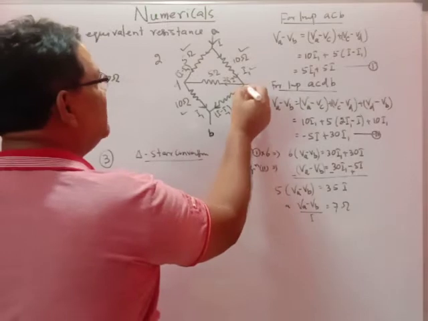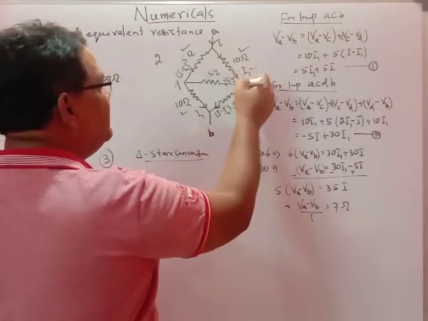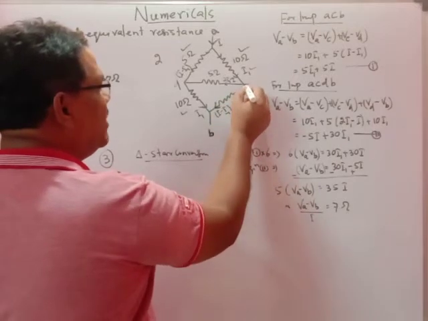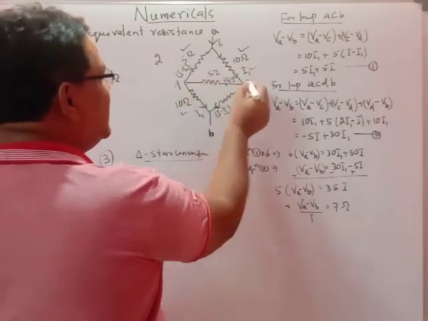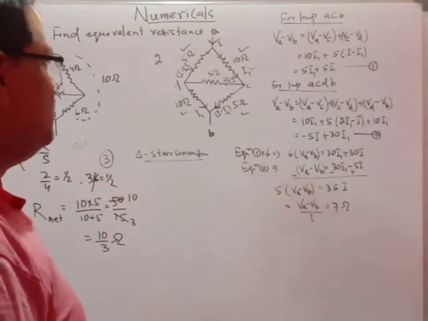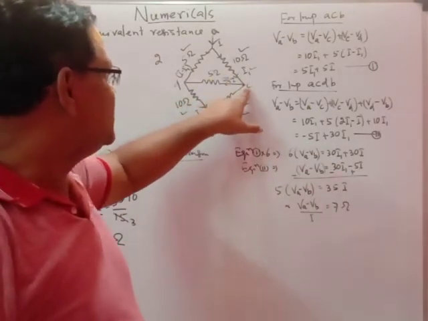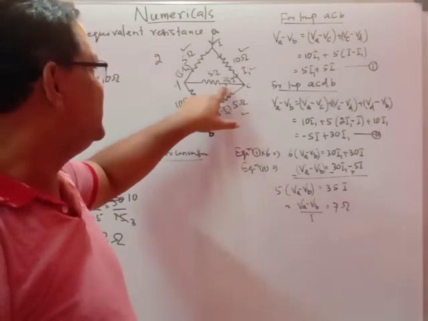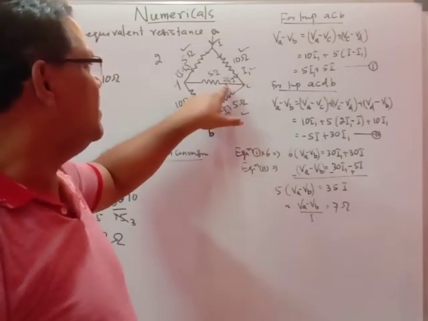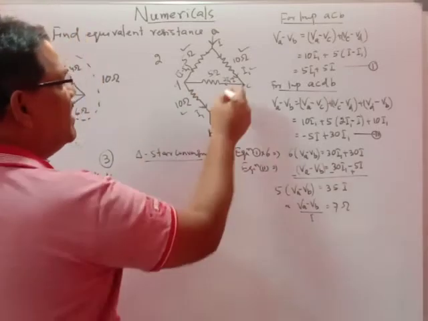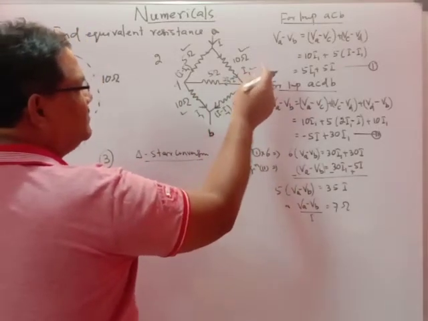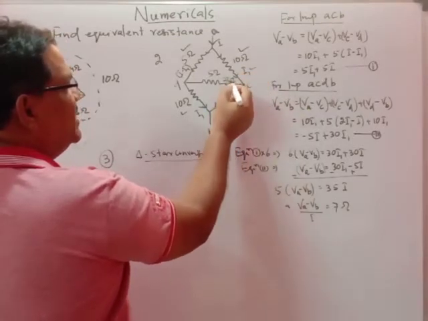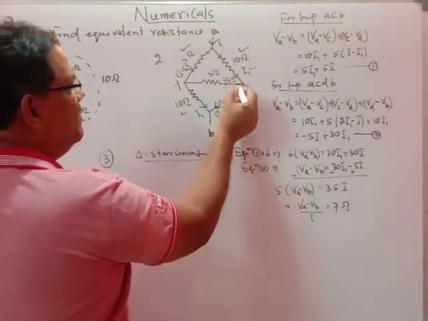And what will be the current along this way? Because I1 is coming and I minus I1 is going away in this way. So according to the KCL at this point, what will be the current passing through the 5 ohm? That is equal to: I1 is entering into the C and I minus I1 is leaving the C. So this plus this equals this. That means 2I1 minus I, because this current plus this current must be equal to I1. So 2I1 minus I current will be passing through the 5 ohm.